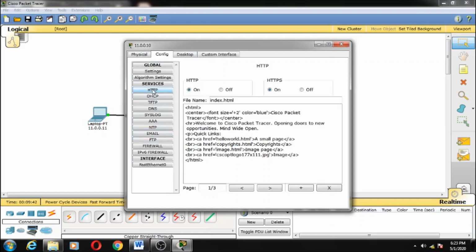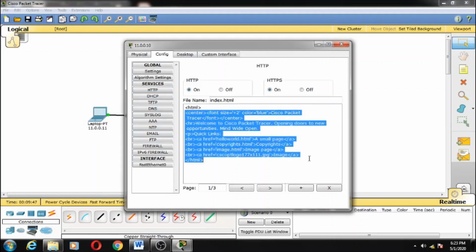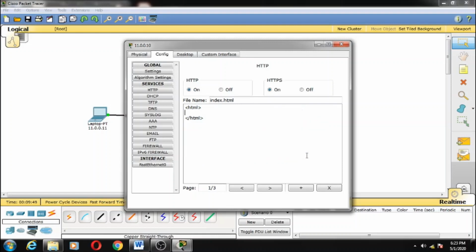Now in the services we see HTTP also. So we'll try to change this HTTP code to a simpler code. Just for demonstration purpose, let's write welcome to my website, and let's give the address of the website, which is www.mywebsite.com.